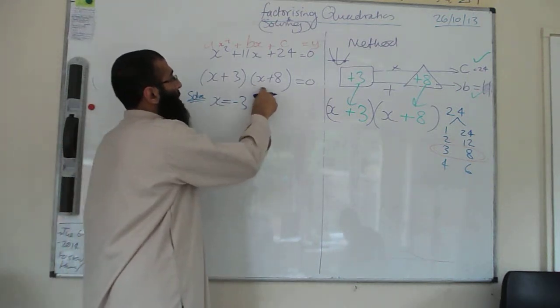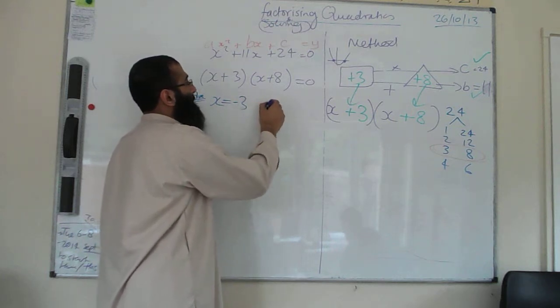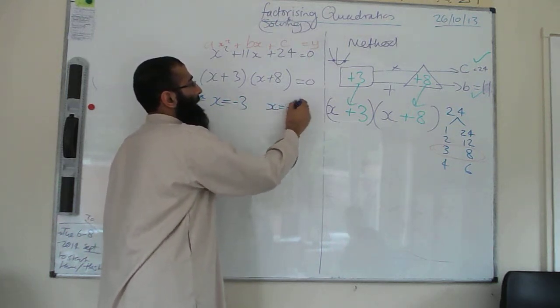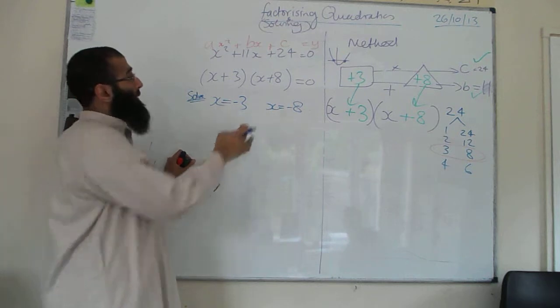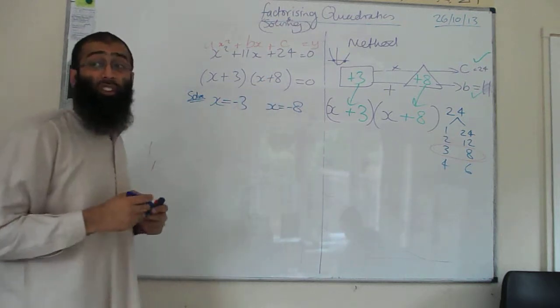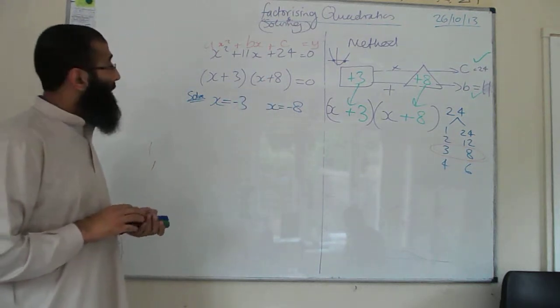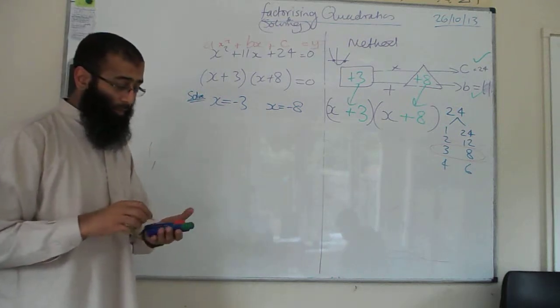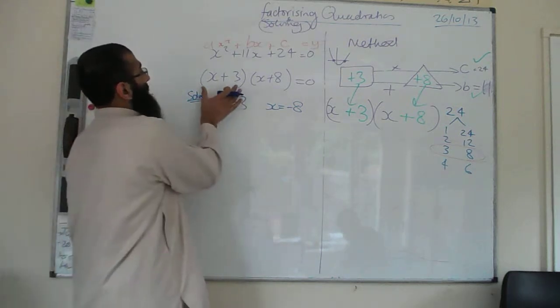So if you want to make this bracket equal to nothing, what would x be? Minus 8, the opposite of that. Yes, that's the quick visual way of doing it. Now, I'm going to go through the algebraic way as well. So again, if you got two